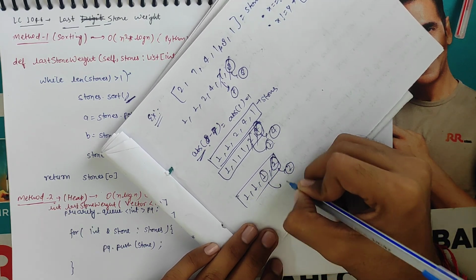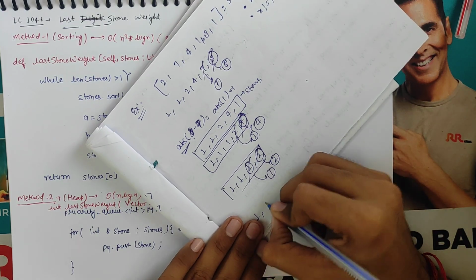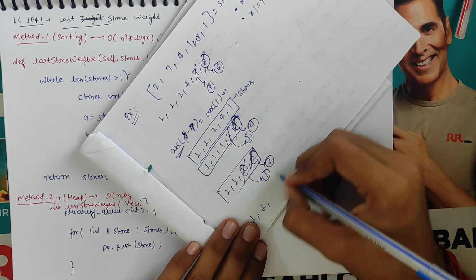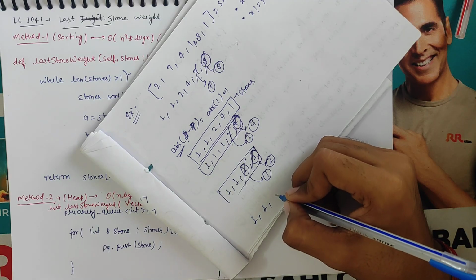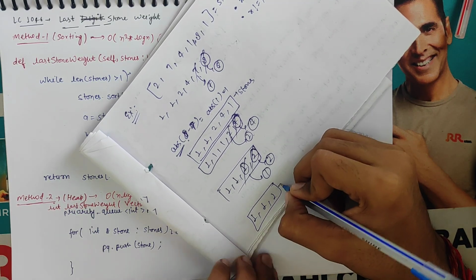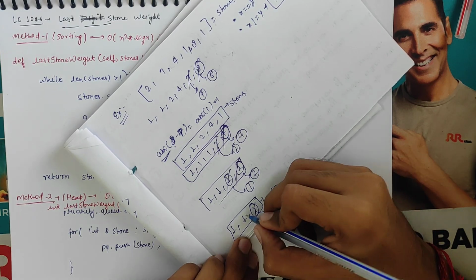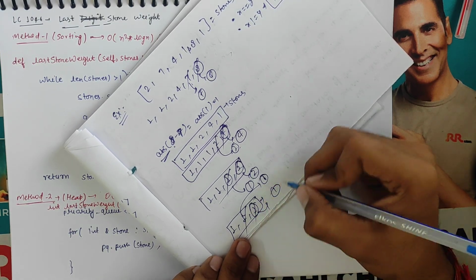After that we pick the heaviest element, which is 2, and we pop that element out. We pick 1, then we pop 1 out. Again we push the absolute value of the subtraction of these two, which will be 1. So now the array will look like this. Again we pick the largest element 1 and pop that element out. We pick the second largest one and we pop that element out.